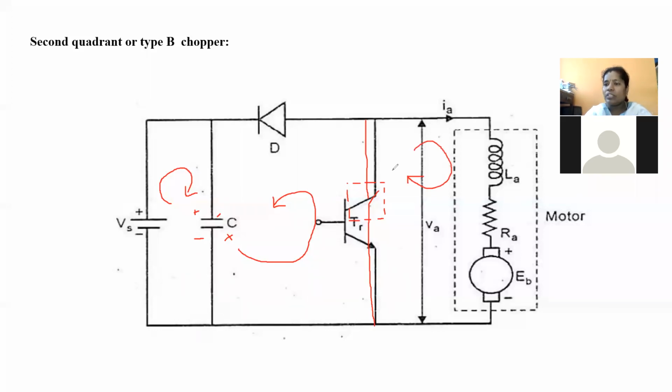Now we are going with the second case, that is, whenever the chopper is in off condition. That means during this condition, what is the path taken by this armature current? That means when there is no chopper in working condition, in this condition, the current is going to be entering to the motor or going to be leaving from the motor. It is going to enter or going to leave.